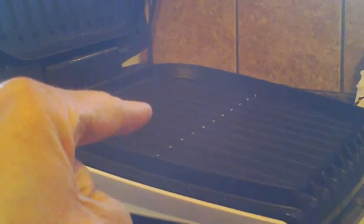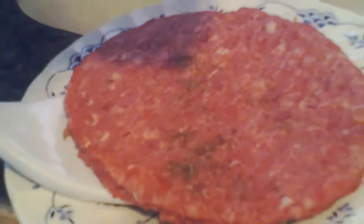And that was my burger there. Don't touch that because it gets really hot. It's really hot, and my wife likes me to throw a little bit of salt or a little bit of pepper on there, and then also throw a little bit of salt on there, and I flipped it over,